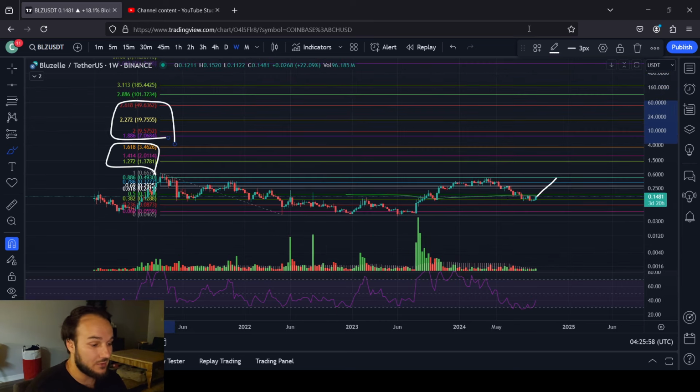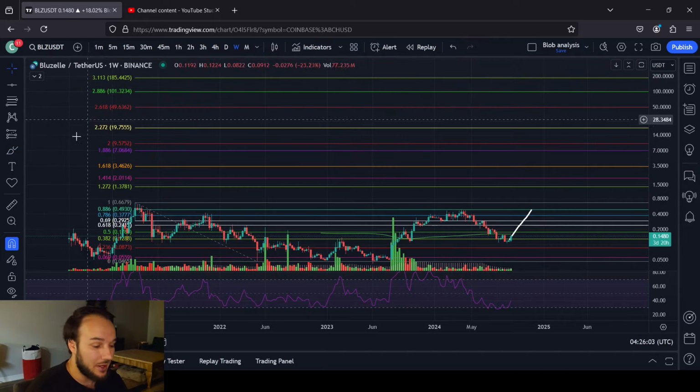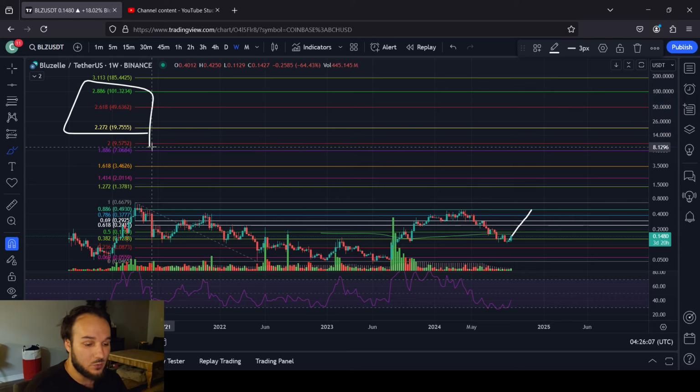The market cap checks out for the possibility, for that capability for Bluzelle. It really could go that high. It could go higher. It's possible. But that is a different conversation for a different time, right? Targets like that. I would say the 1.886 might be something that we can throw into the discussion, but I